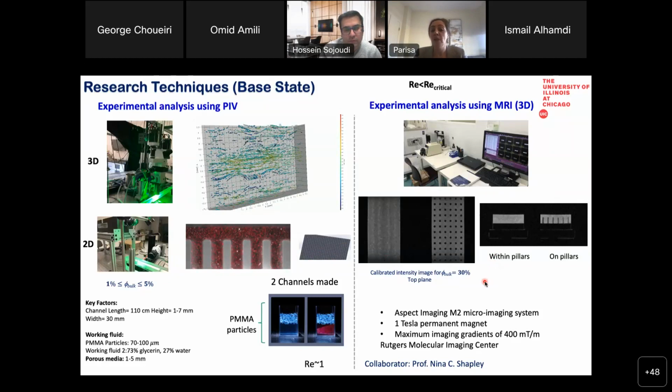We then switched to MRI, and I collaborated with Professor Mina Shafi at Rutgers University. I'm going to talk about that in detail first. We used a mouse MRI from Aspect Imaging, with a magnet of around 1 Tesla, and